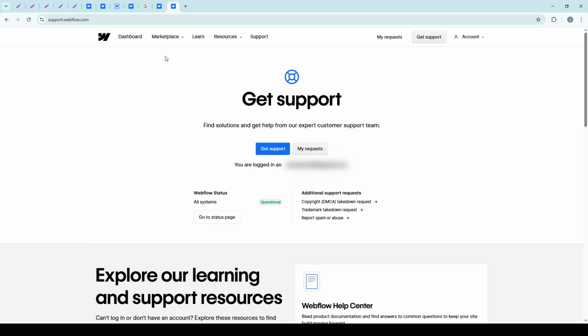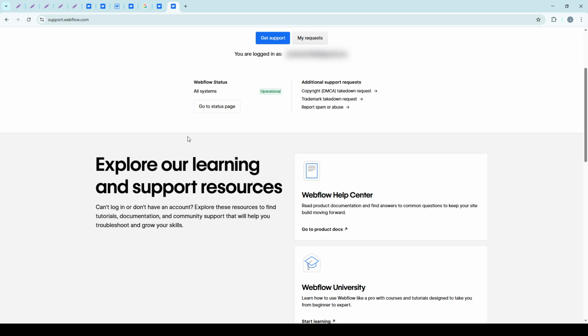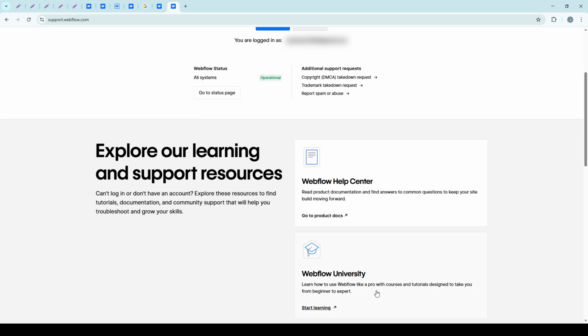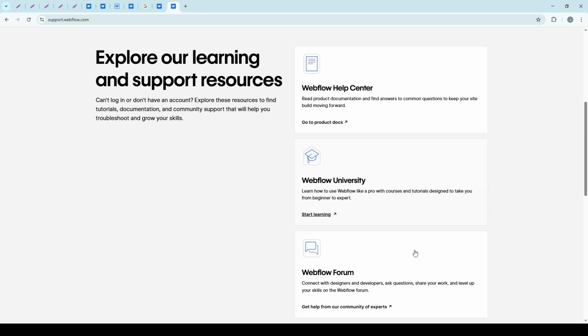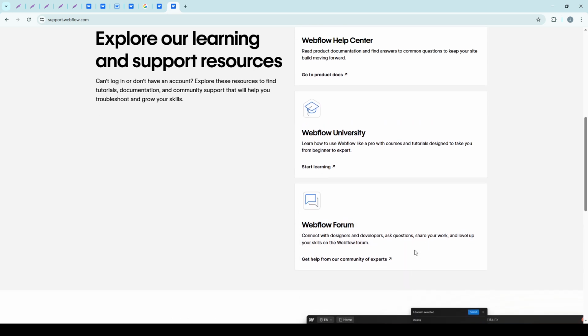Upon reaching the support hub, you'll find yourself greeted by Webflow University. This resource is a treasure trove for Webflow users of all levels, offering courses and tutorials designed to elevate your Webflow skills from beginner to expert. It's a fantastic place to explore and learn new things at your own pace. Besides, there's the Quick Help section, which is tailored to provide immediate answers to common questions, ensuring your workflow remains